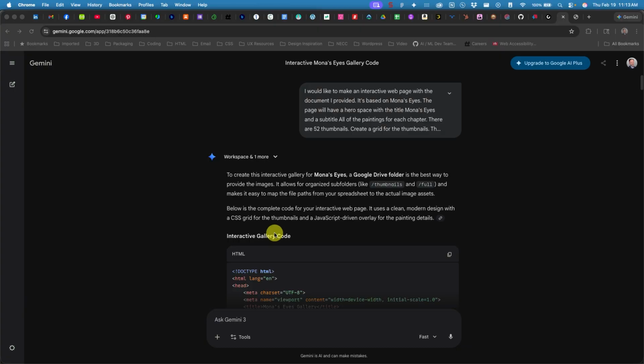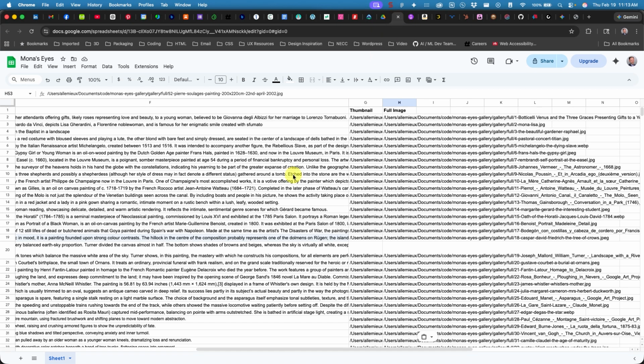Hey guys, so I've been practicing doing some vibe coding just to see what I can do. I've tried this with Google Stitch. I've tried it with Figma Make, and I'm now using Gemini to see what I can get. So here's the idea. So I read the book Mona's Eyes by Thomas Schlesinger, and I was very impacted by